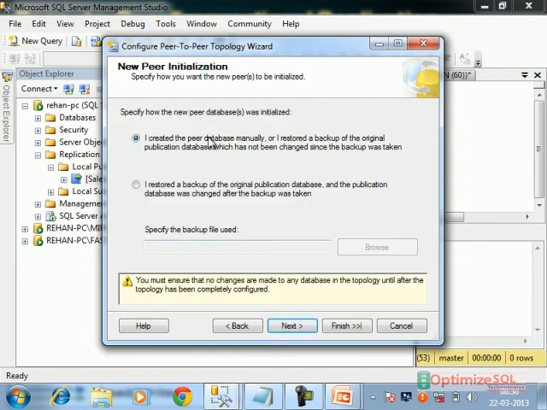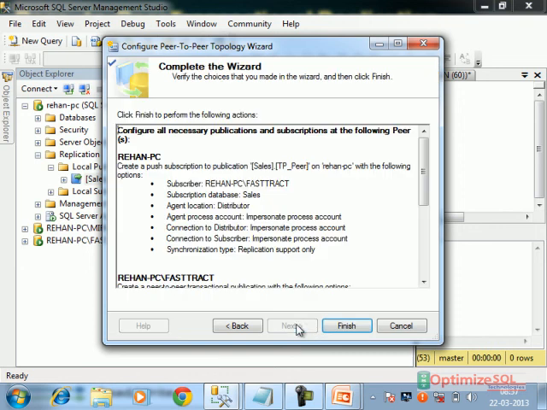Next, it is asking how you want to initialize the database. I am saying I created the peer database manually, or I restored a backup of the original publication database which has not been changed. Already we have taken the backup and restored it. Next, finish.